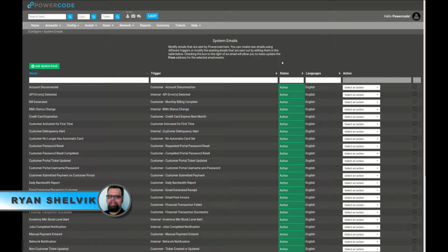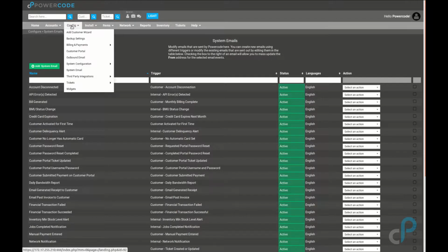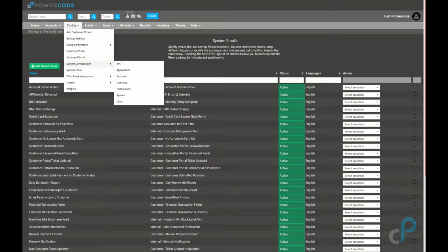Powercode sends out a variety of emails for a bunch of different reasons, and when it comes to emails, we want to be able to make sure that we can define what text is being sent. We can say what the from address is and whether or not we even want that email to be sent. So to handle all this, we can come to config and system email, and that'll bring us to this page